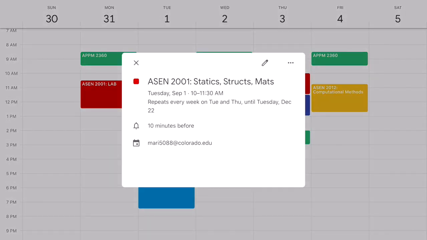Okay, next we will move up to this red box. This is ASEN 2001, which is Static Structures and Materials. This class is a Tuesday-Thursday lecture class. The lecture is an hour and 45 minutes, and I started at 10 o'clock. No, just kidding, it's an hour and 15 minutes. I started at 10 o'clock, and then I have a 2-hour lab on Mondays. I'm not gonna lie, I do not know a whole lot about this class. I've heard it's challenging. I'm not gonna say it's impossible because I've never taken it, but this class you do have to take your first semester sophomore year if you want to move ahead and keep up with the curriculum,